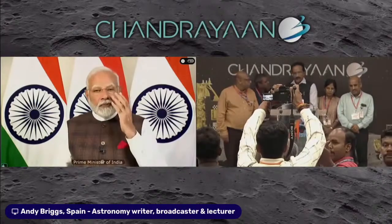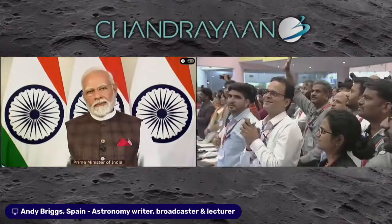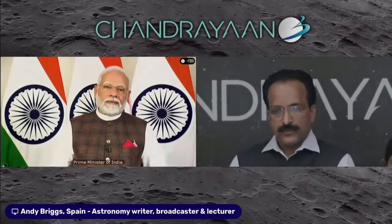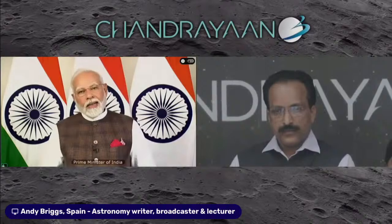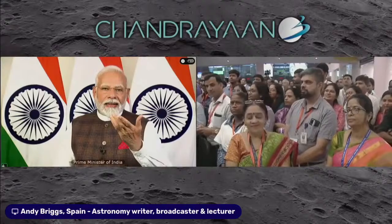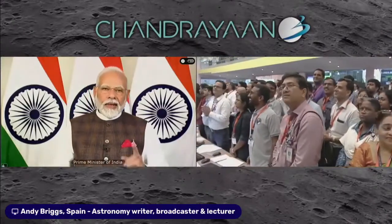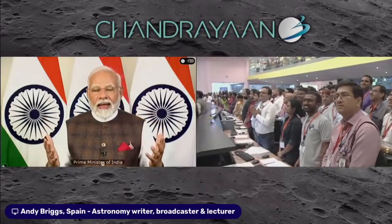Do we want to quickly run through what this little rover will be looking at, Andy? Absolutely. It's of a 6-wheel design, like the old Tyrrell Formula One car. It's 26 kilograms, so it's quite light. We could lift that. And it has a range of 500 meters. It's going to be looking at the composition of the regolith, the presence of water ice in the lunar soil. It'll be looking at the history of lunar impacts, so it's going to be looking at the craters and probably doing some spectroscopic analysis or